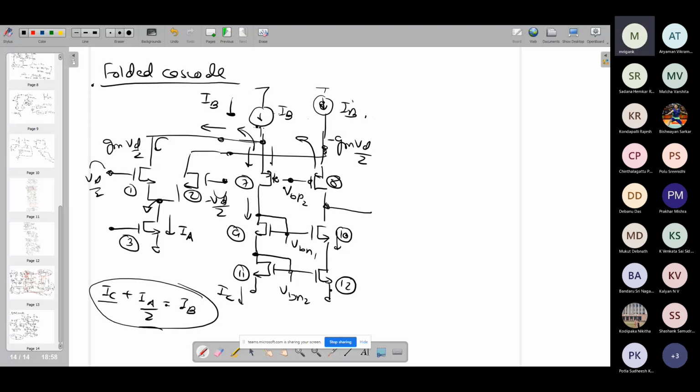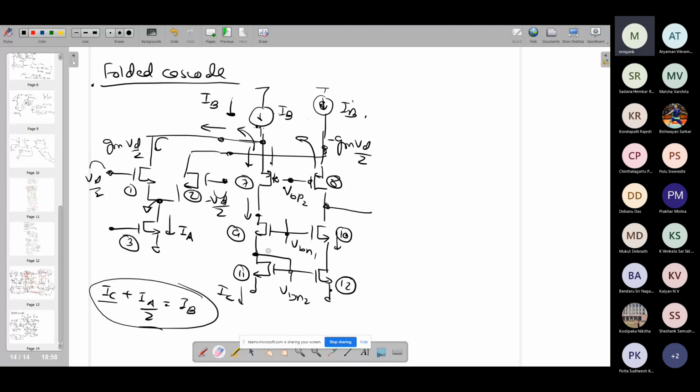Is this becoming clear? Like what is happening to the small signal current generated by M1 and M2? Yes, hello? Is this clear? Yes, sir. I don't know for how many people it is clear. So not completely clear, but I can compare it to the single stage. Okay, so let us